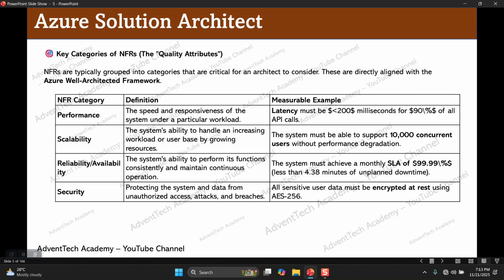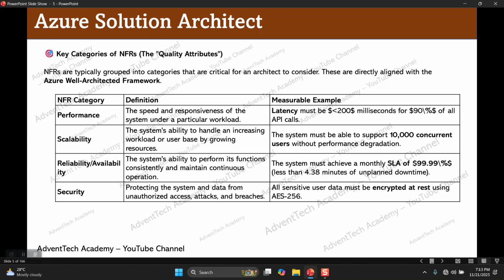How to improve the reliability? How to improve the scalability? How to improve the performance? When we are designing the cloud infrastructure, we have to consider all these NFRs, including security. Designing and deploying the cloud infrastructure is not the only part of the process. We have to secure the cloud infrastructure. We have to protect the system and data from unauthorized access, attacks and data breaches. So these are all non-functional requirements.